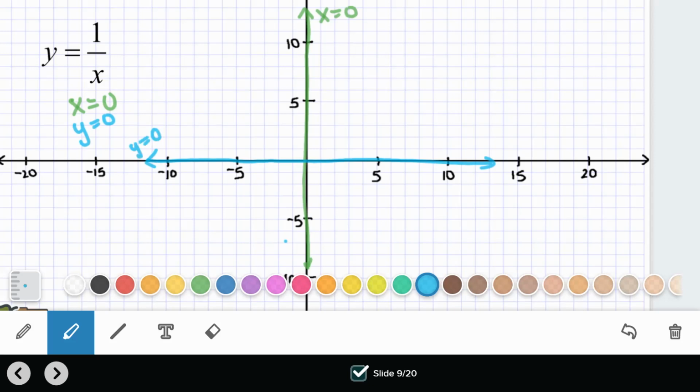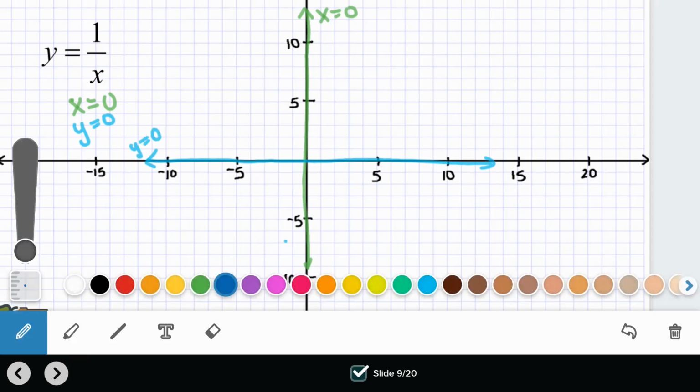So y equals 0. And then what I want to think of is, if I was to rewrite this, this is xy equal 1. So I want things that multiply to 1. So the only nice point I really need from us is going to be 1, 1, because if I go out 1, 1 times 1 is 1. Now I could go out 2, 2 times a half if I want, okay? I could go a half, 1/2 times 2 if I want, but the one I need from you guys is this one right here. Now I also am gonna need -1 times -1, so I'm gonna also need that point,